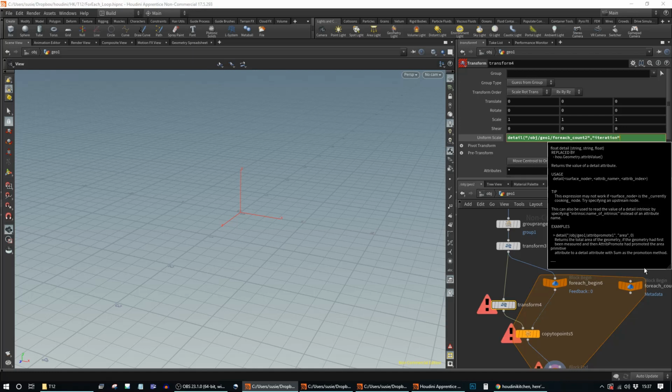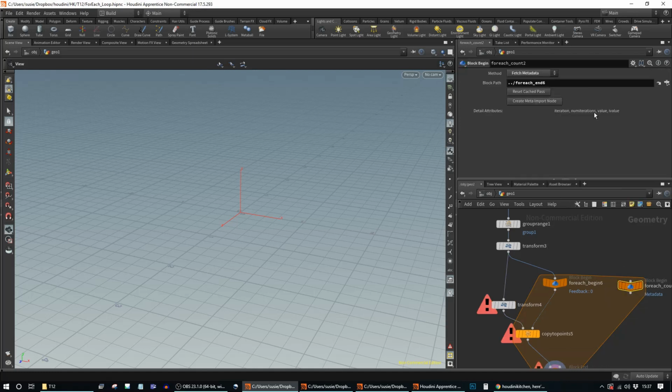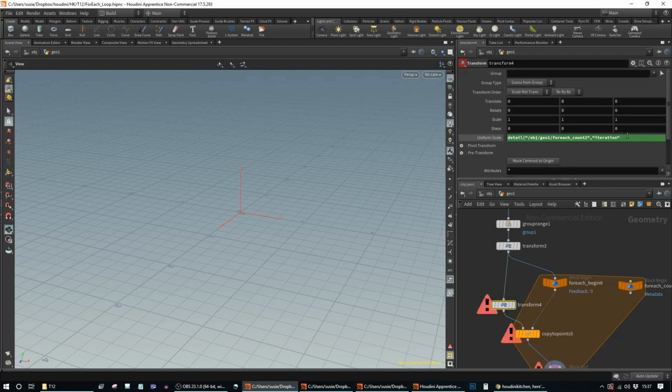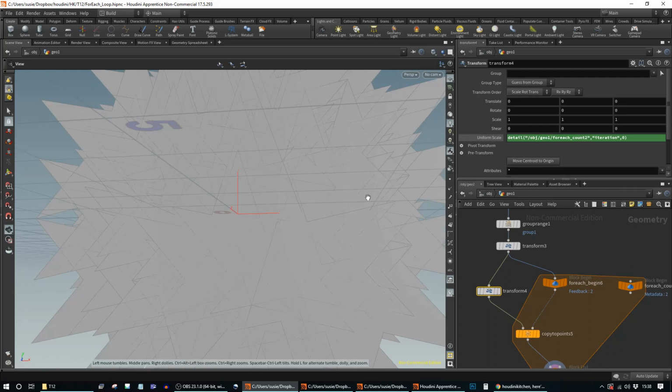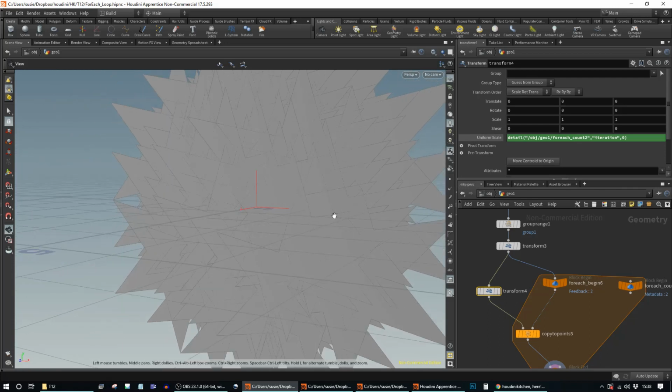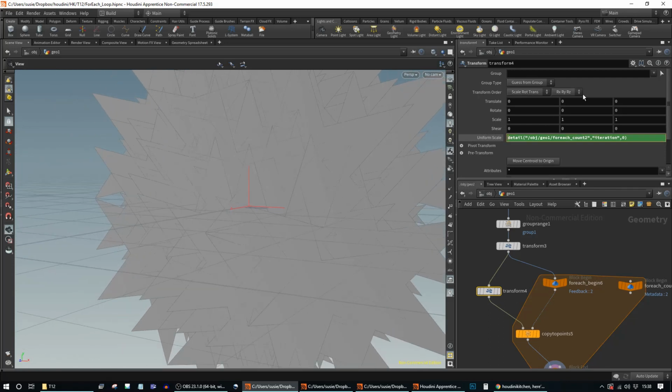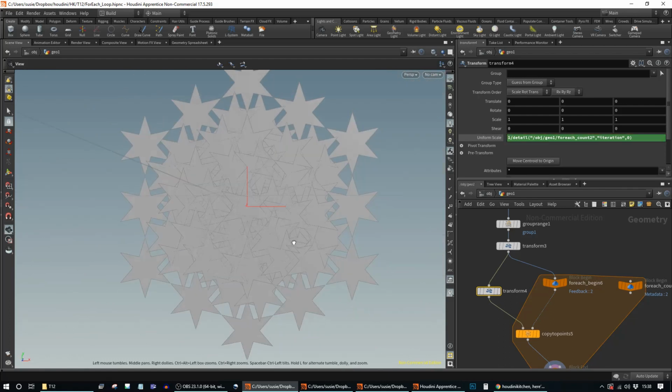I think it's iteration. Yep. And then 0. So now we're actually scaling up each iteration, which is the opposite of what we want. So let's do 1 divided. Right. And